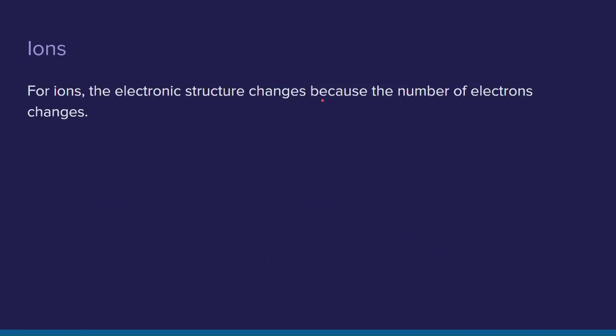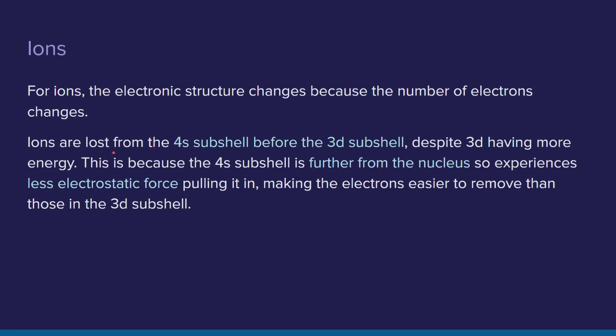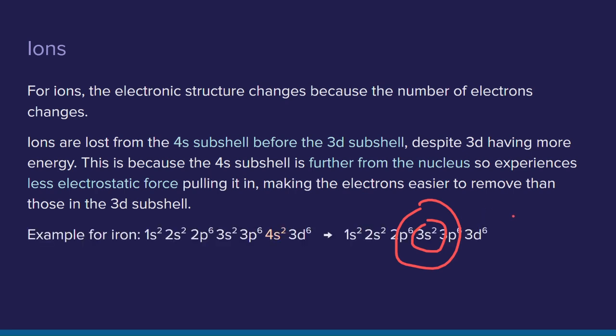So for ions, the electronic structure changes because the number of electrons changes. And the electrons are lost from the 4s subshell before the 3d subshell, despite it being lower in energy, because the 4s subshell is further away from the nucleus, so it experiences less electrostatic force pulling it in, so the electrons are easier to remove than those in the 3d subshell. So the example for iron